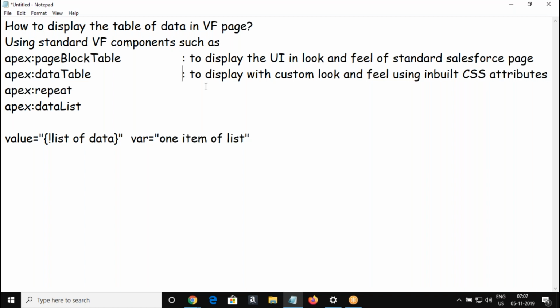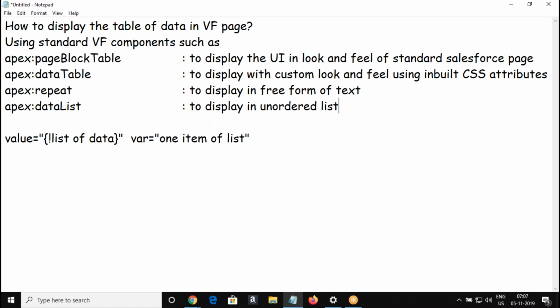All right. A data table gives no format, without any formatting. For an unordered list, in the form of bulleted items, when we like to display more than one item at a time, we'll use data list.